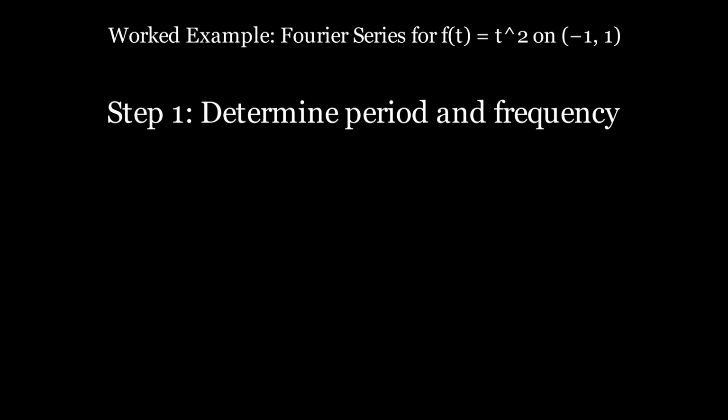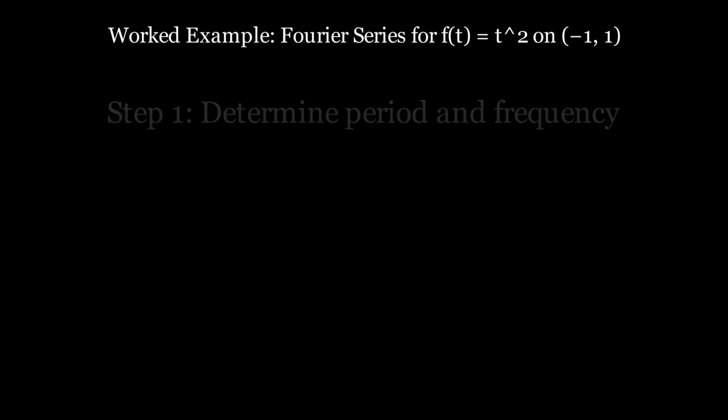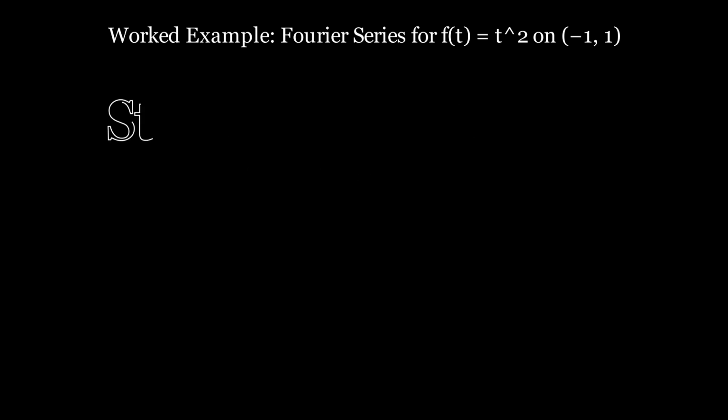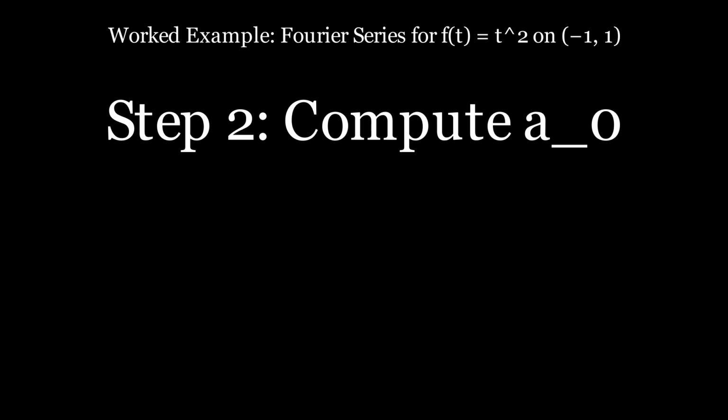Now we compute the coefficients a sub k for k equals 1, 2, and 3. Since t squared is an even function, all b sub k coefficients will be 0. The formula for a sub k simplifies to this integral, which can be evaluated using integration by parts or a